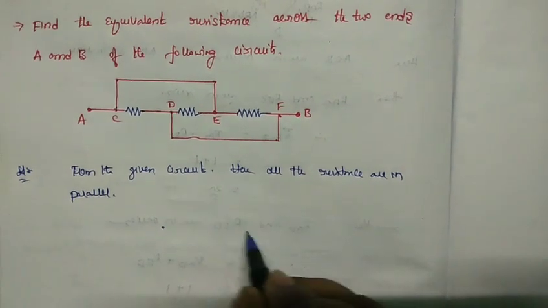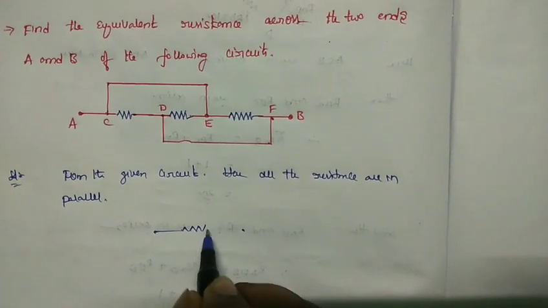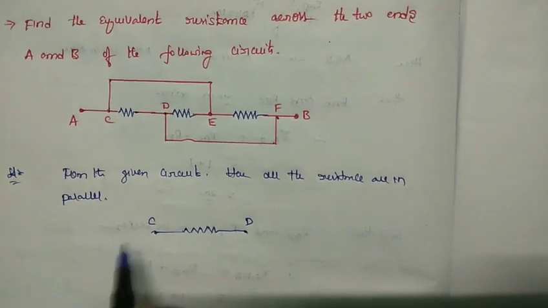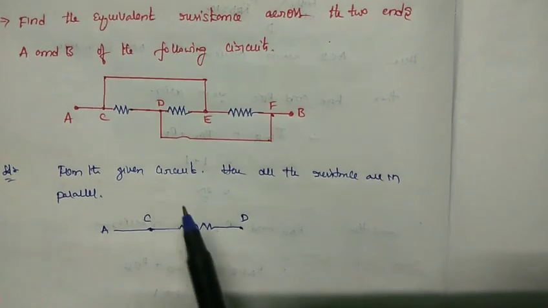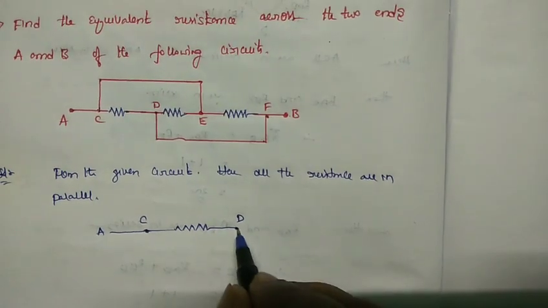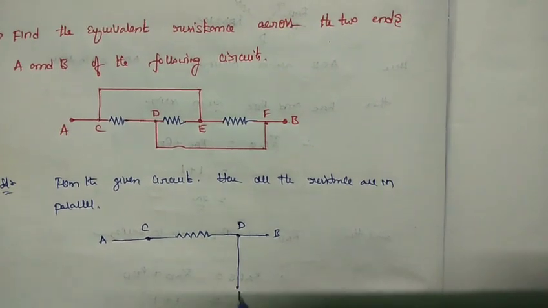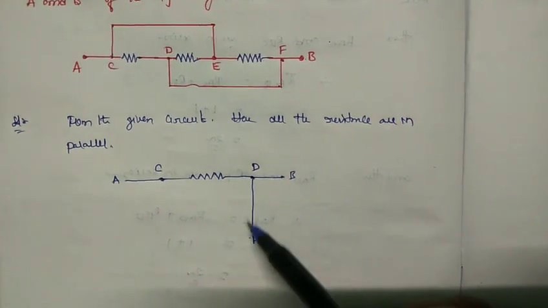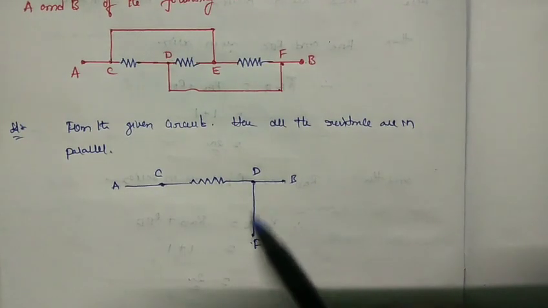See here, first of all we have to draw C to D. So I would like C here and D. So C to A, that means this is A. Clear? Now D to F will be given and F goes to B. I would like to change here D to B is here and D to F is here. Clear? So DF has no resistance, so DF can go to B. So that's why D extends to B and D to F is here.